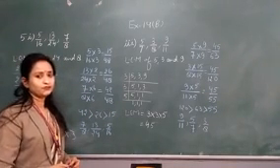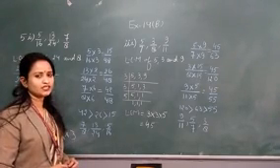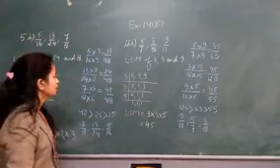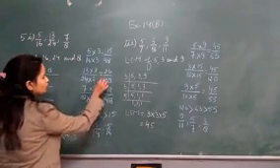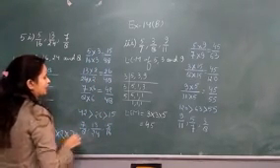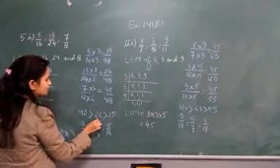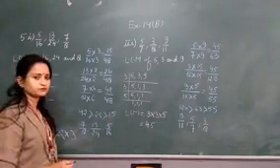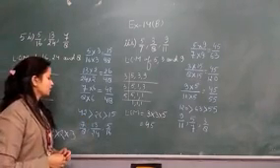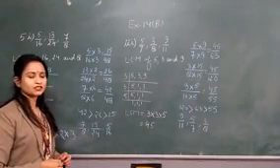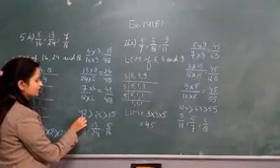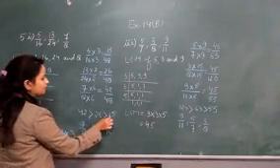Now, we know that if the denominator is the same and the numerator is different, then we will compare the numerators to arrange in order. We can see here, the numerators of all these fractions are 42, 26 and 15. And 42 is greater than 26, is greater than 15. Okay? In this way, 42 is greater than 26, is greater than 15.